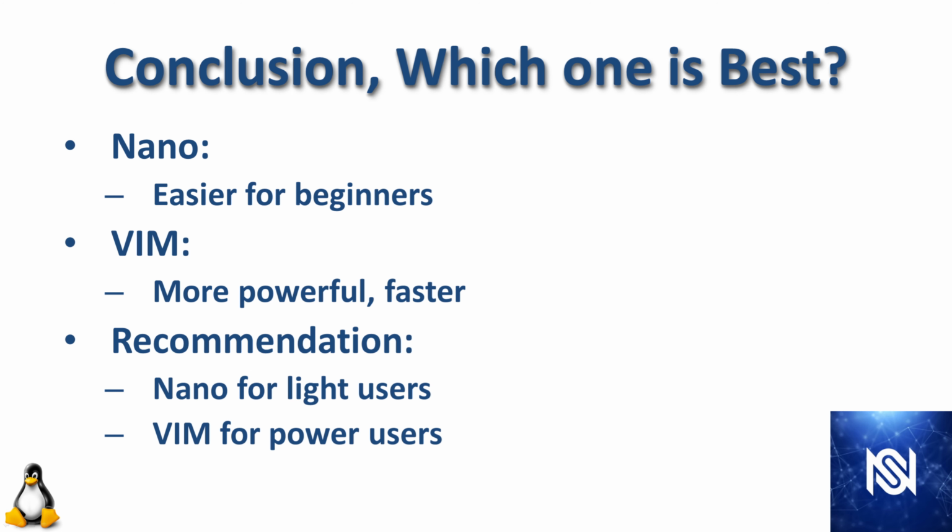All right, so which one's best? So Nano is going to be easier for beginners, and you probably don't need to go beyond Nano if you don't see yourself editing a lot of files in Linux. However, if you are going headfirst into automation or something like that, and you know that you're going to be in Linux a lot, Vim is much more powerful and faster. And I definitely think that the juice is worth the squeeze to get into Vim and learn how to use it, and it will benefit you in the long run. But that said, you still can do everything you want to do with Nano. It does have its own set of shortcuts, and you can get by with it.